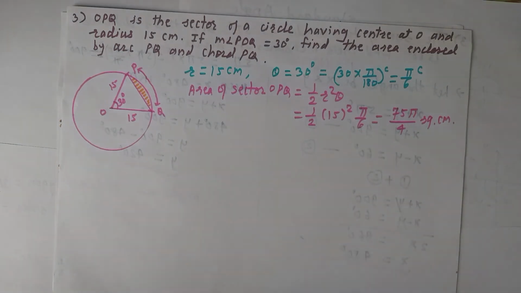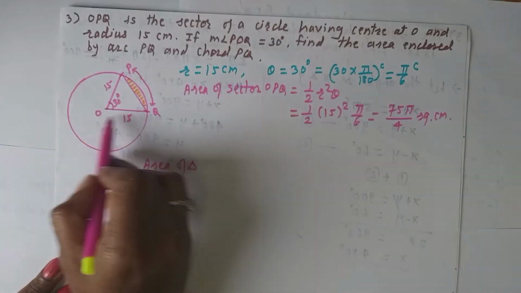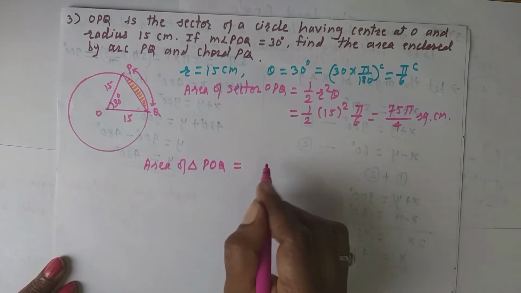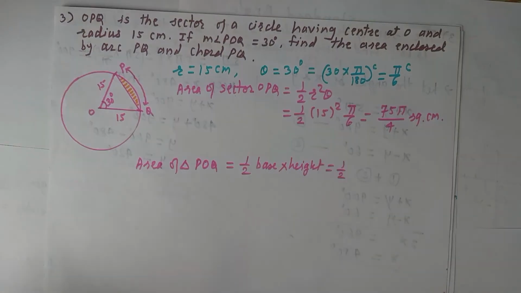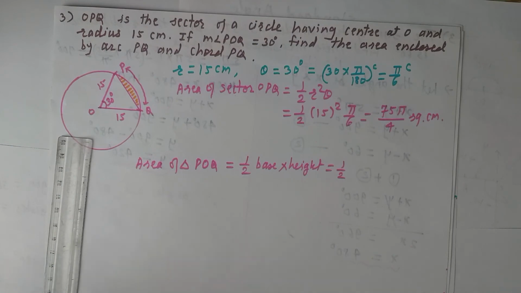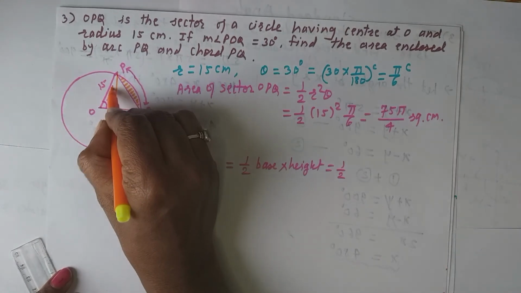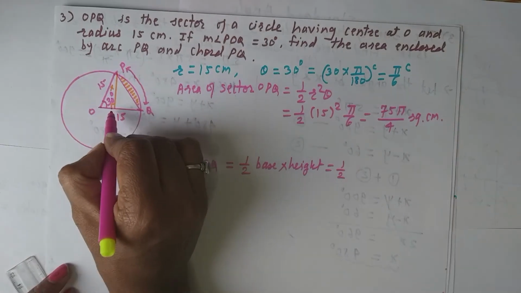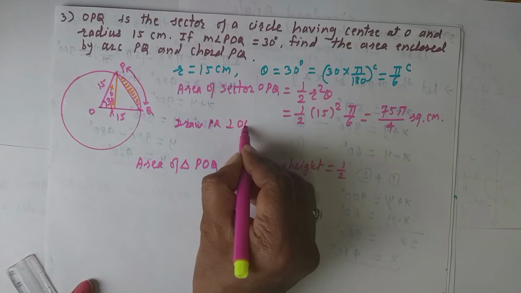Okay. Then I will find the area of triangle. What is the triangle here? Triangle POQ. And what is the area of a triangle? Half base into height. Write the usual formula. Here I will draw a perpendicular from this vertex to the opposite side, and suppose this is PR. Here you draw PR perpendicular to OQ.